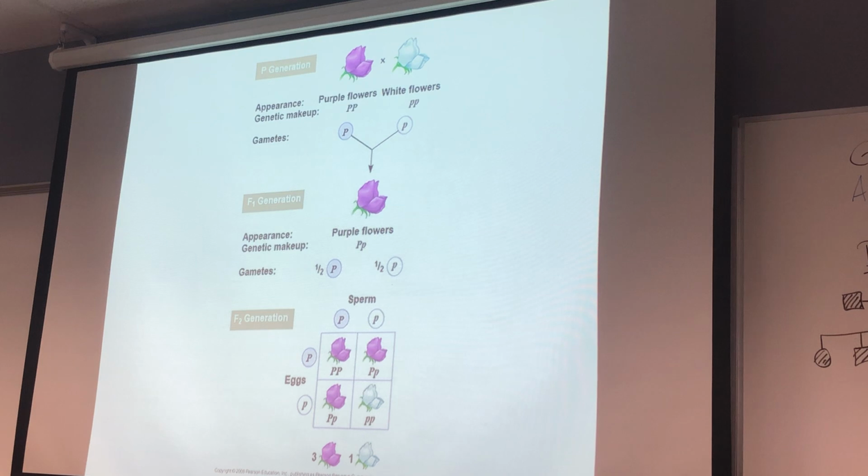So once you mix these two, you have the hybrid generation, F1 generation, so that will be heterozygous, that will be mixed. But because they have the big P right there, dominant allele, they will be purple all the time, 100%. Okay. But then whenever you allow for this F1 generation to self-pollinate or cross-pollinate, then you have the F2